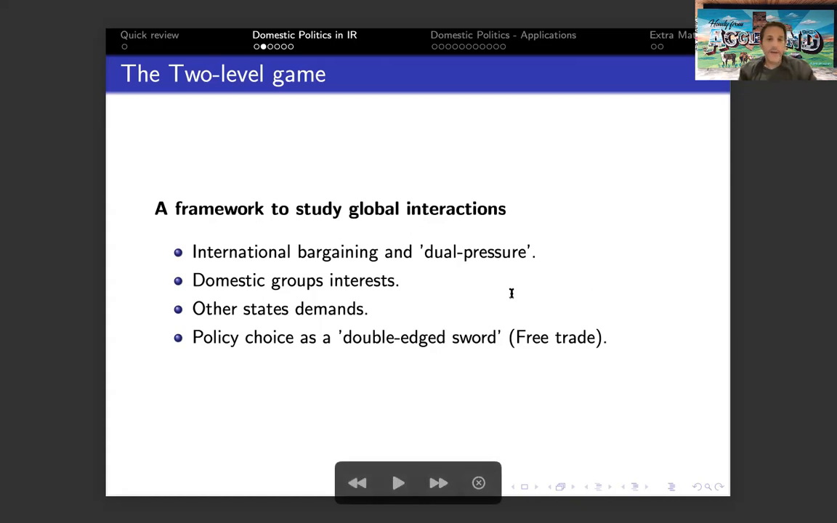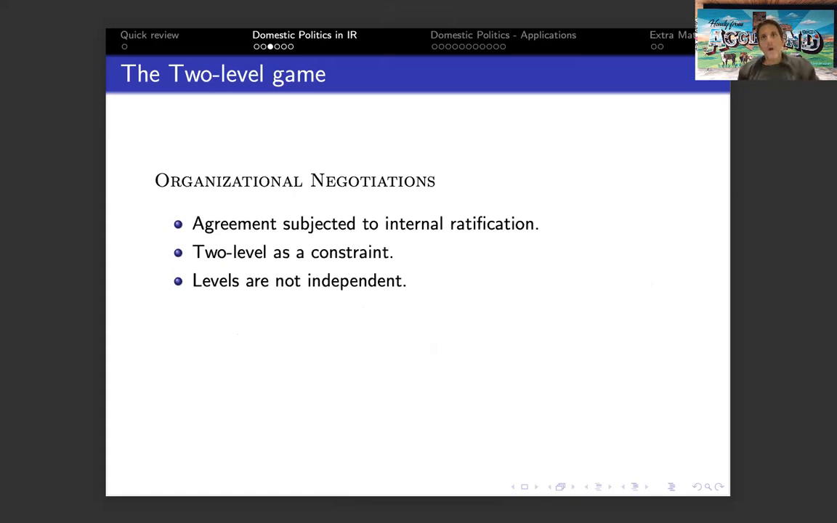So that makes those policy choices, in a way, something we can describe, and that's something Putnam mentions: the idea that it's a double-edged sword. I can get the benefits out of it, but at the same time, I can also pay some cost. One way to think about those interactions between the domestic arena as well as the international system is to